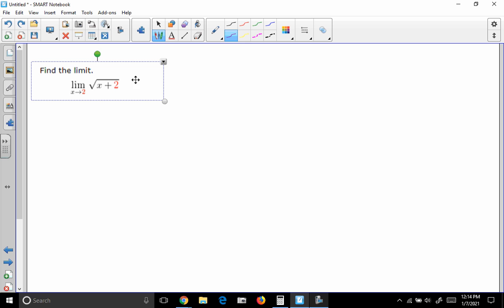Same thing here. Even though this is not a polynomial, our function is not undefined at 2. We get an answer when we plug a 2 in. 2 plus 2 is 4. The square root of 4 is 2. So that's what we're approaching. If we pick values closer and closer to 2, we're going to get an answer that's closer and closer to